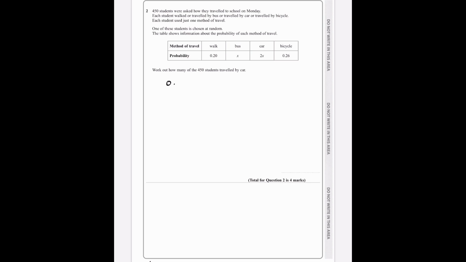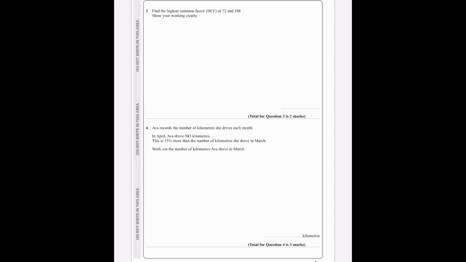Question number 2, discrete random variable. We know that the probabilities of a discrete random variable sum to 1. That allows us to construct an equation, 0.2 plus x plus 2x plus 0.26 will be equal to 1. Bring the numerical bits onto the right hand side, collect the x's, divide by 3, you get x. Therefore 2 lots of x will be twice as big, and 450 times that probability gives me 162 students travelling